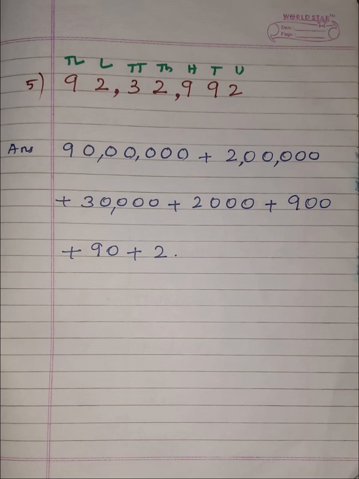Okay. 90 lakhs plus 2 is in the lakhs place, so 2 lakhs plus 3 is in the 10,000s place, so we write it as 30,000 plus, now 2 is again in the thousands place, so we write 2,000 plus 9 is in the hundreds place, so we write 900 plus, and again one more 9 we have in the tens place, so we write 90 plus 2. Okay children. So write neatly in your